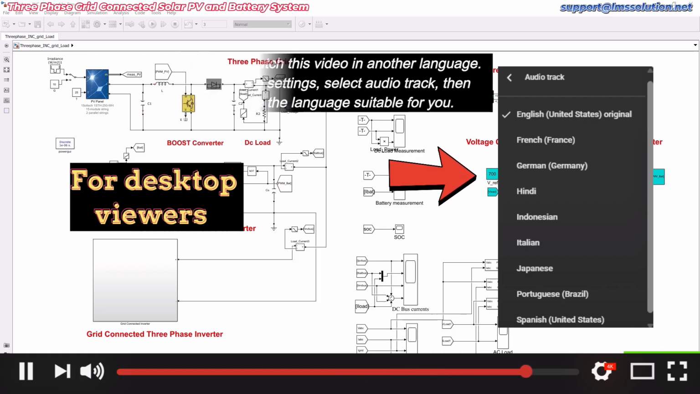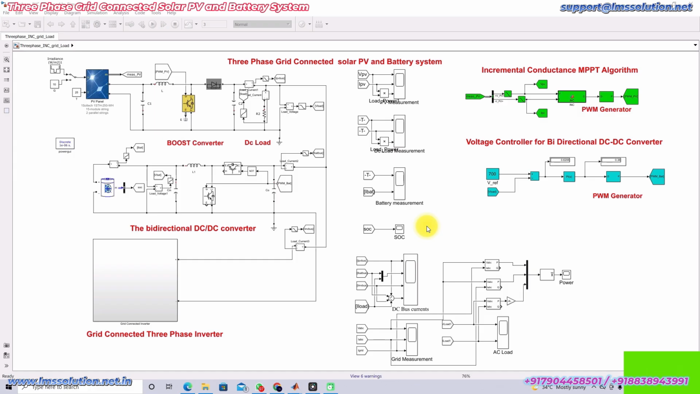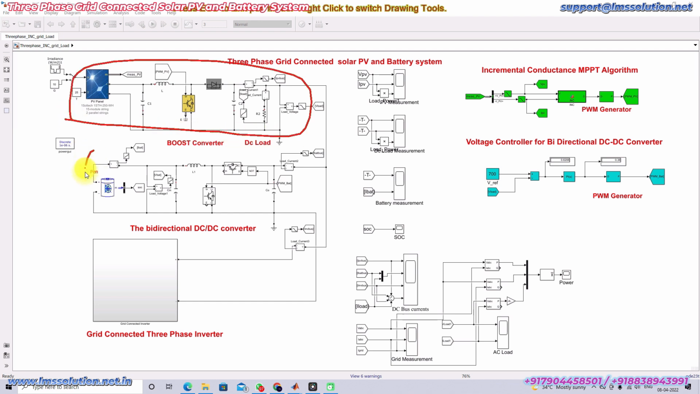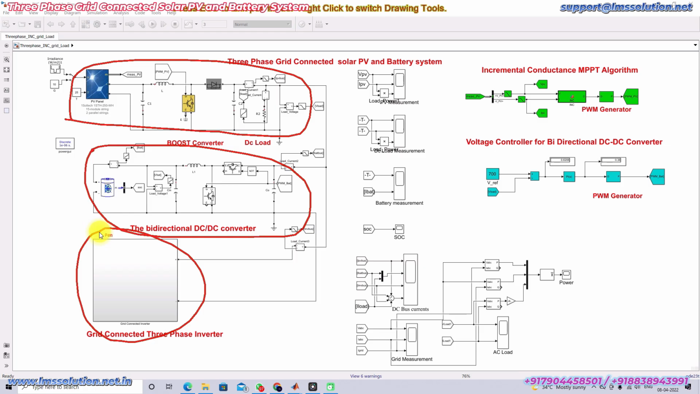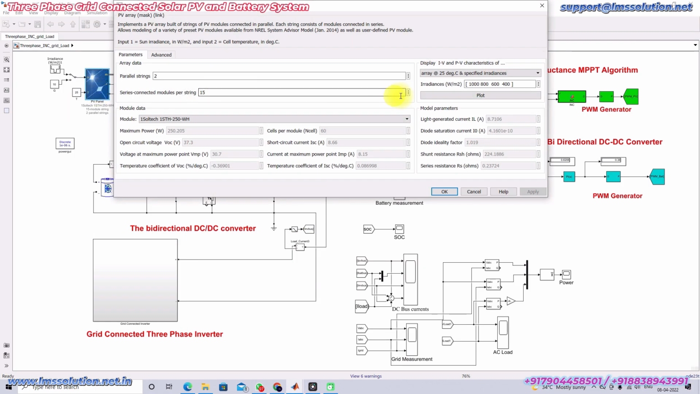So this model is developed for testing the three-phase grid connected solar PV and battery systems. This model consists of the solar PV system and battery storage systems, and then a three-phase inverter is connected with the grid. Here the PV panel we are having, that means we are connecting the 250 watts and 250